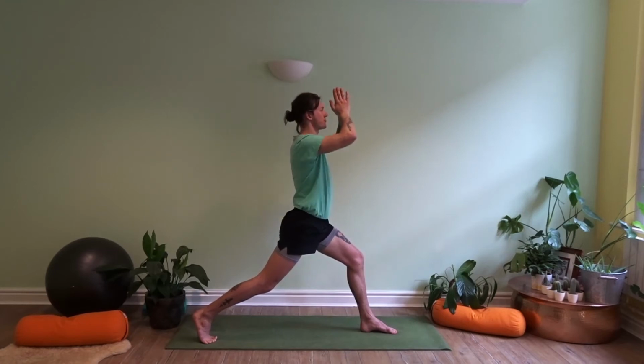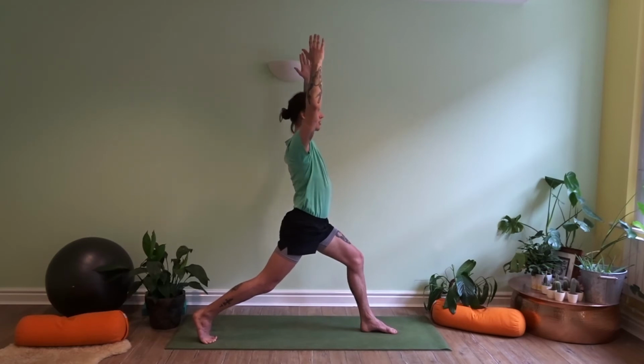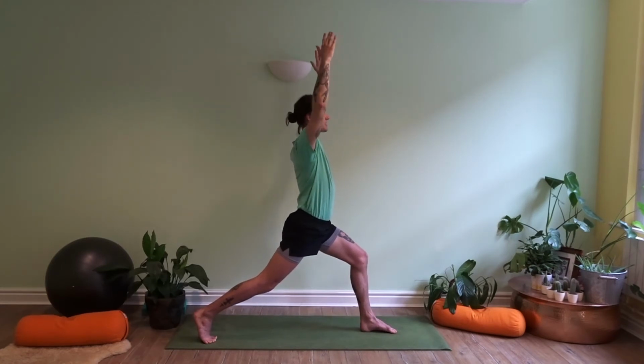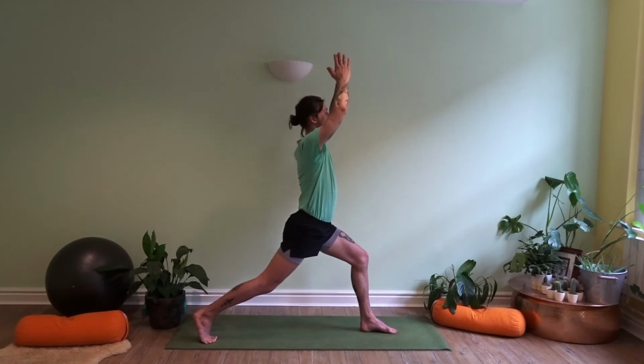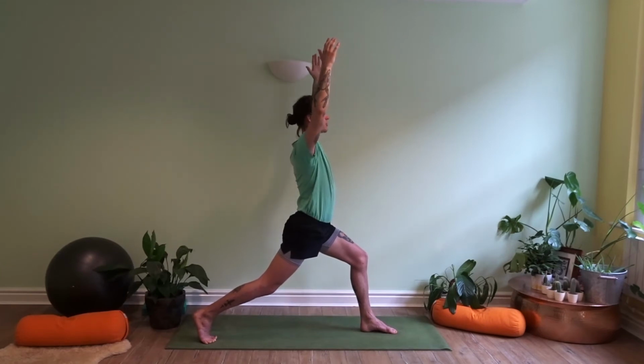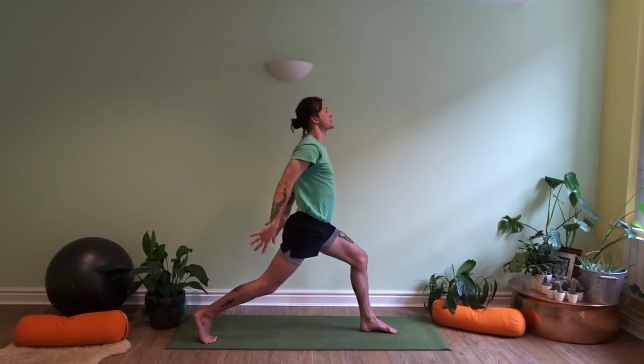Inhale, hands come through the head to separate, shoulders distance apart. Melting down. And exhale, palms together through to heart center, matching our movement with our breath. Inhale, through the head, palms separate, shoulders soften. To exhale, hands push together, through to heart center. One last one. Inhale, hands through the head, palms separate, shoulders soften, and immediately extend those arms behind the back,